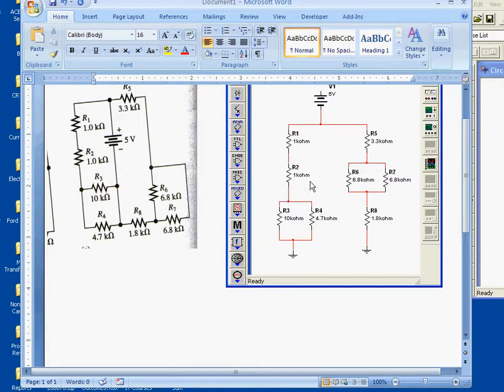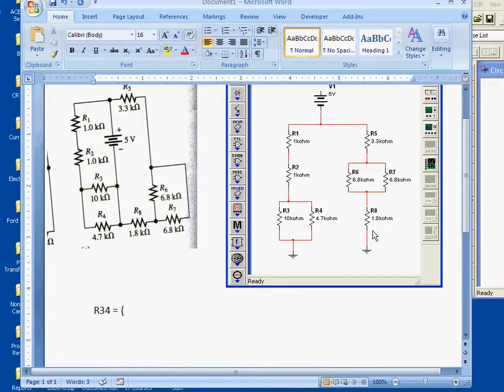I'm going to start by attacking the middle two parallel relationships here. I'm going to figure out what the resistance is through R3, R4, and then I'll figure out what the resistance is in R6, R7, and then we'll go on to the next step after that. Okay, so the resistance for R3, R4 is going to be equal to